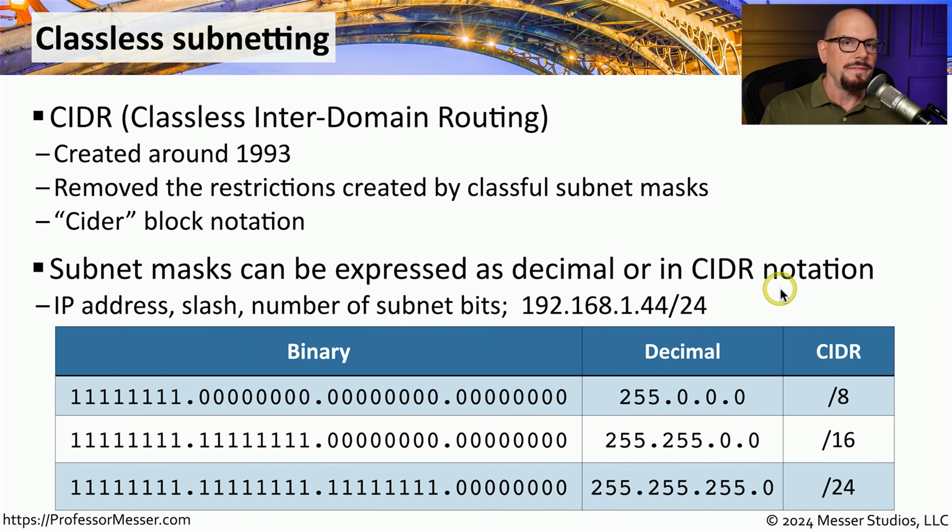So it would be very common to see an IP address written as 192.168.1.44/24. Everything with the /24 is referring to the number of bits in a subnet mask, and a /24 mask would be the same as